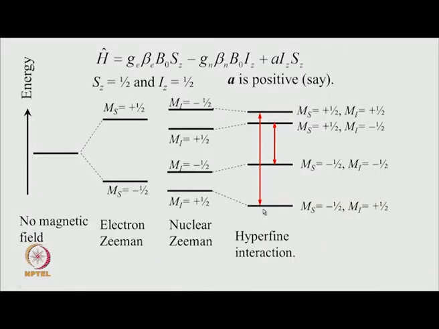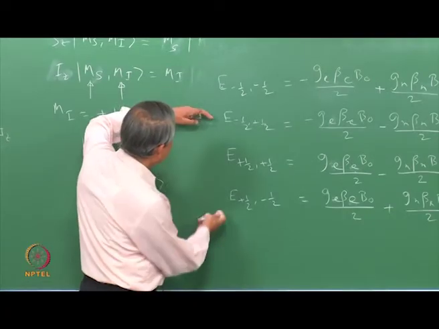So these are the selection rules, and those are the 2 transitions allowed, which are shown in this slide. Here this transition takes the electron spin from minus half to plus half without changing the nuclear spin. Similarly, for the other one, the electron spin changes from minus half to plus half again without changing the nuclear spin. So, what is the energy gap for this? You can calculate from this pair and that pair.